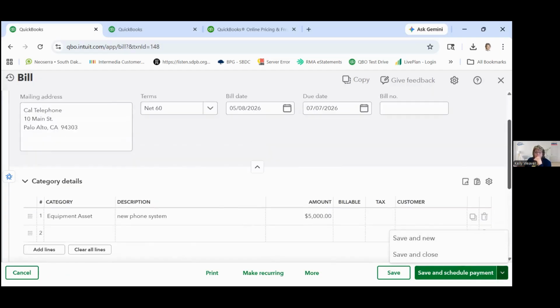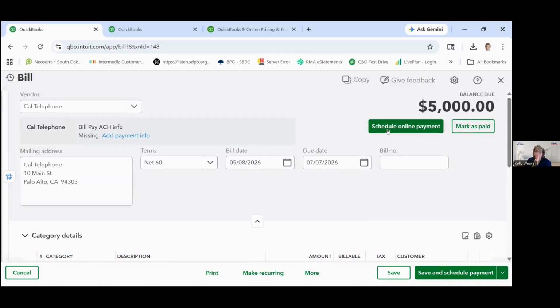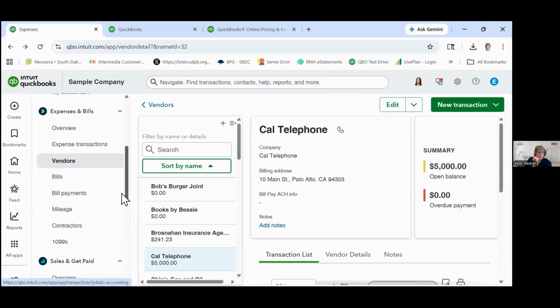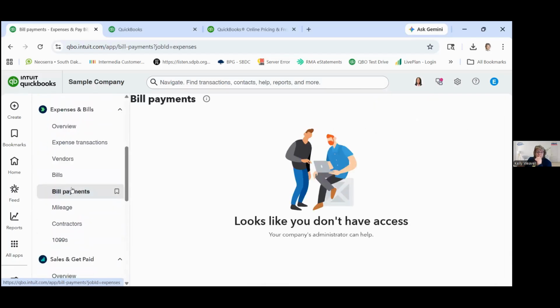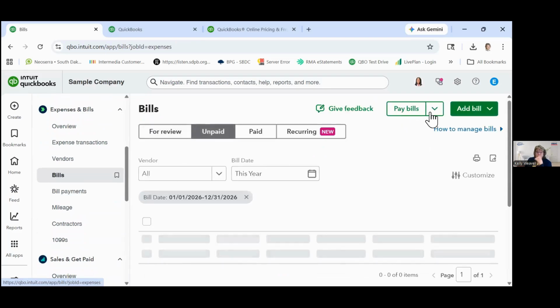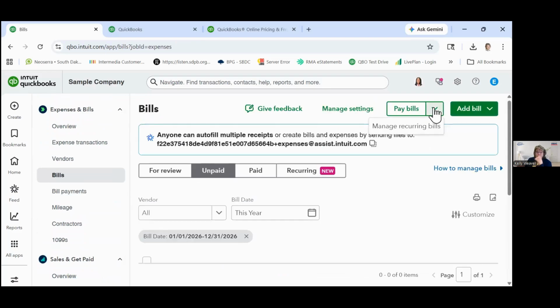I apologize, this is making it confusing. I don't want to schedule a payment. I really don't want to mark it as paid because I don't think we've actually done the transaction to pay it yet, which I'm trying to find. Okay, let's go to bill payments. See if that, no, that's again their automated bill function. I want to go to pay bills.